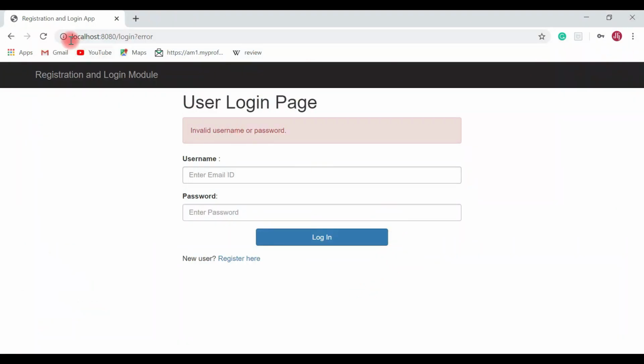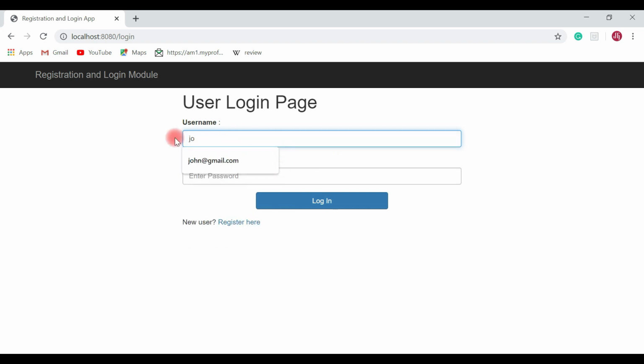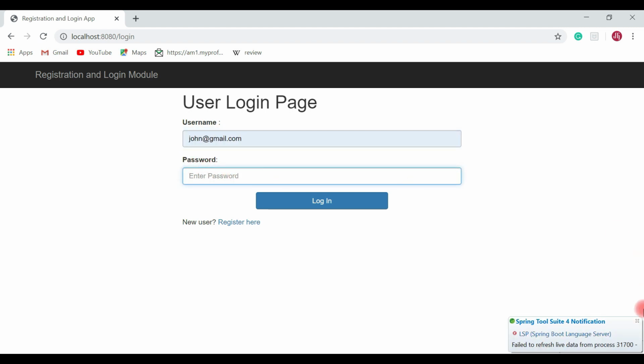Now let's go back to the browser and just type localhost 8080 login. Now previously we registered a user with the name John. Let's use john@gmail.com as the email and password as password and hit login.